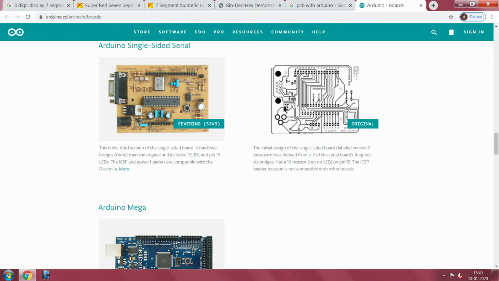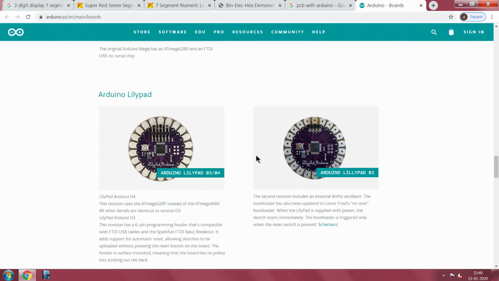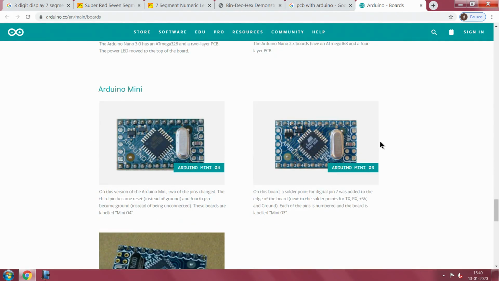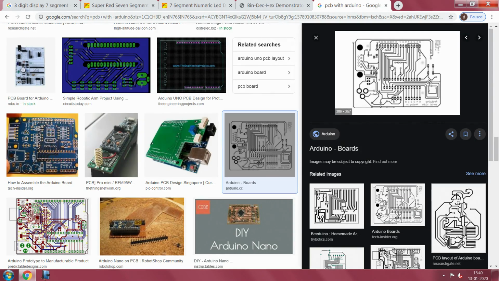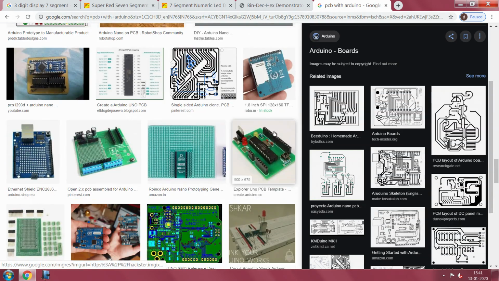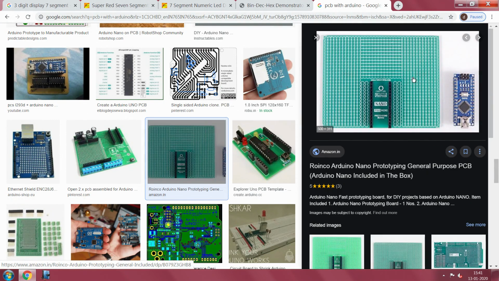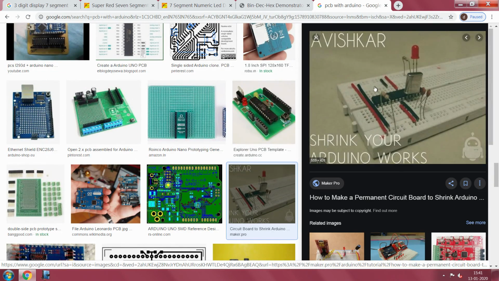The moment I take these things, in case I am building a system, I can just place anything. You see here they have got something called LilyPad. Any of these things, once you make them one time, it is very much possible for you to have tremendous confidence on any of these items you would like to have. You can probably start with prototyping. This is a prototyping board, and once your prototyping board and all is available, even before that you have this, generally we call it a wish board.